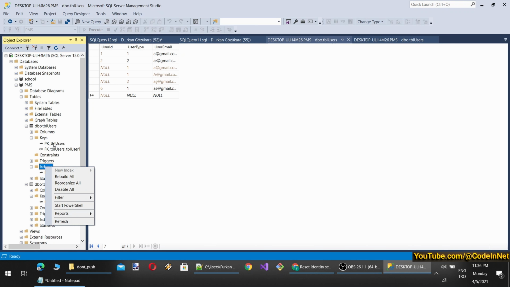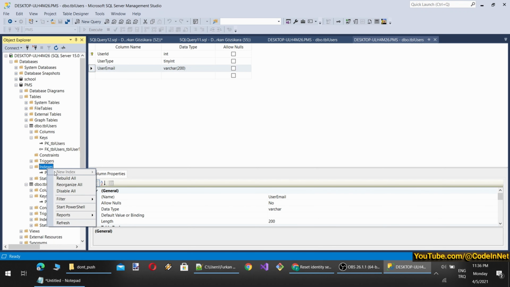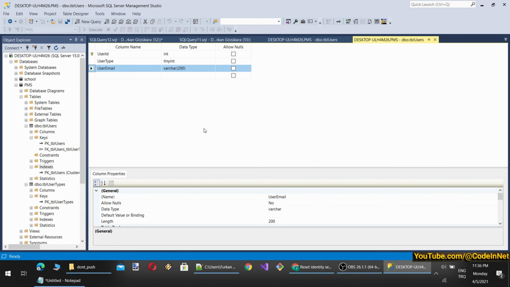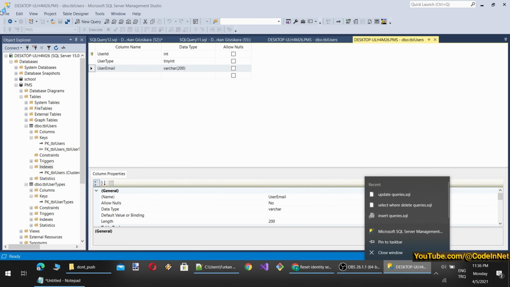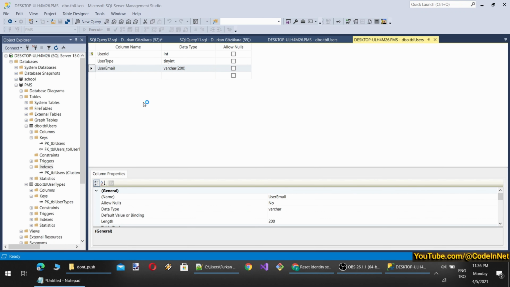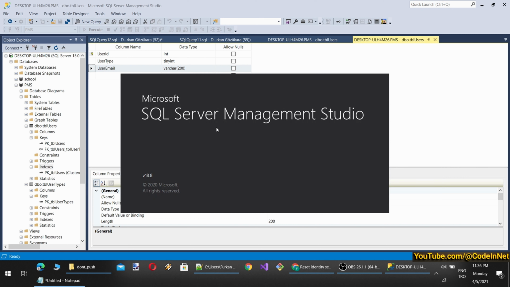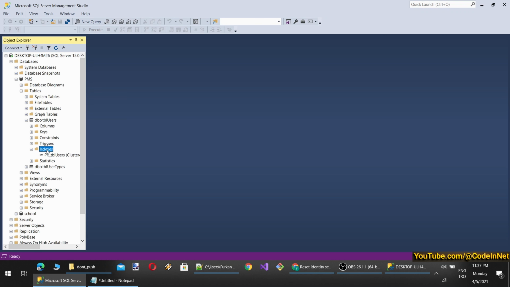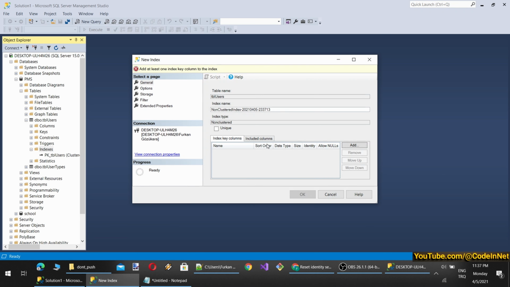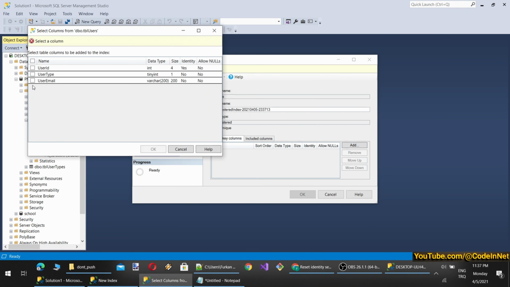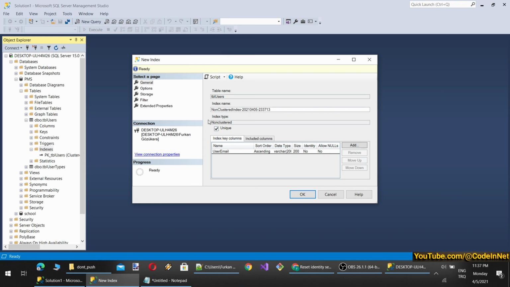simply index. So what kind of index can we have? I am going to create a new index, but as you see, it is not allowing me to change the index from this Server Management Studio right now. I think it is a bug in SQL Server Management Studio. So when this happens, I just restart or open another instance of SQL Server Management Studio. What we are going to do is define an index. So it will be a non-clustered index. In this non-clustered index, we are going to have user email and it will be unique like this.